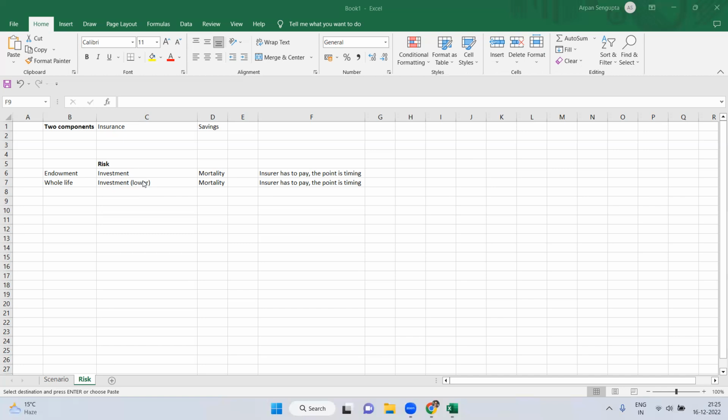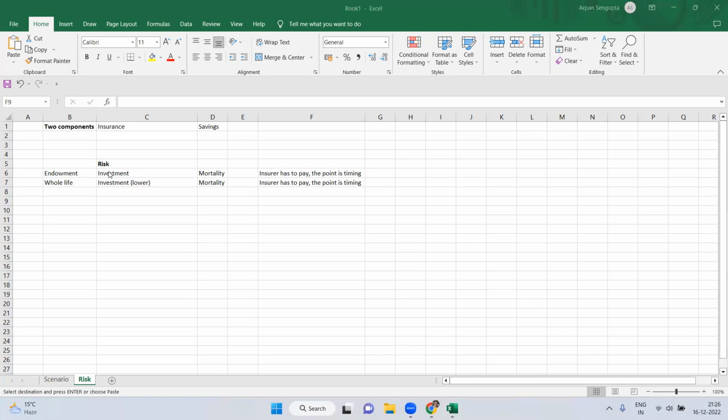Why is it done? Because it is assumed that after a particular point of time, you will not have the ability to pay that much, like when your retirement is near, you may not have the ability to pay a significant amount of premium at a regular duration. So that's why it is helpful if the limited premium paying concept is used, so that there is no pressure on you, and also the insurer has reduced risk. That's why I mentioned for whole life it is lower.